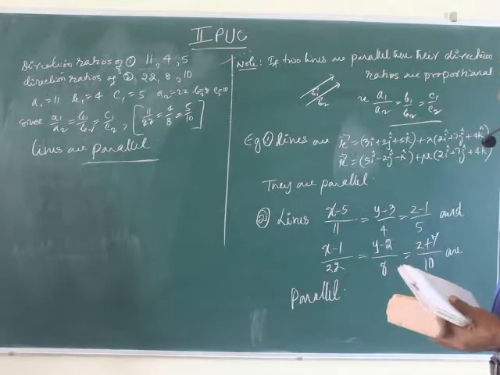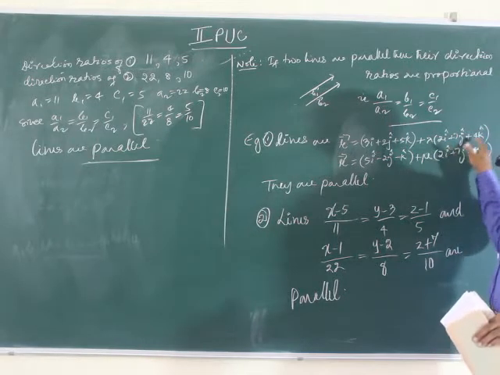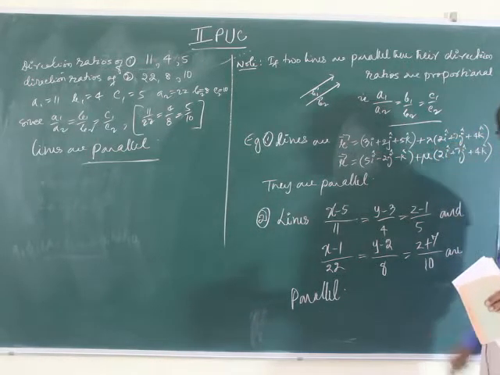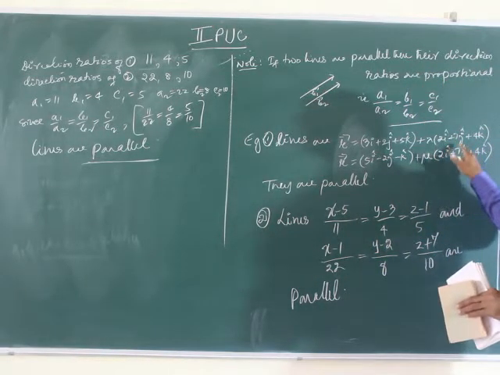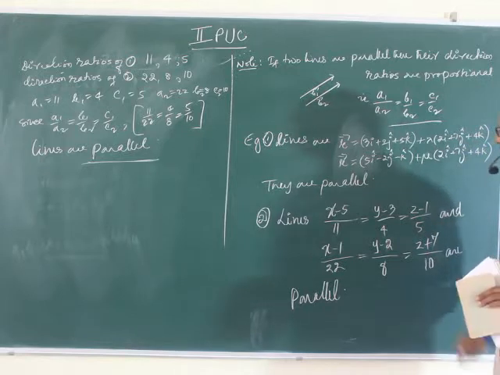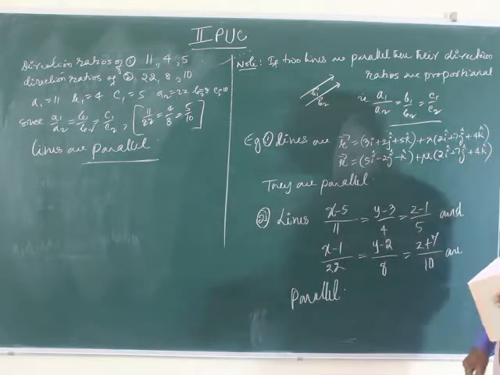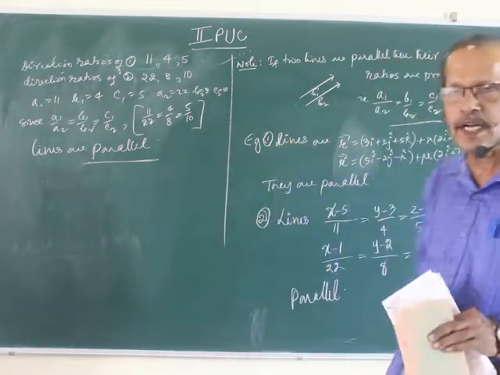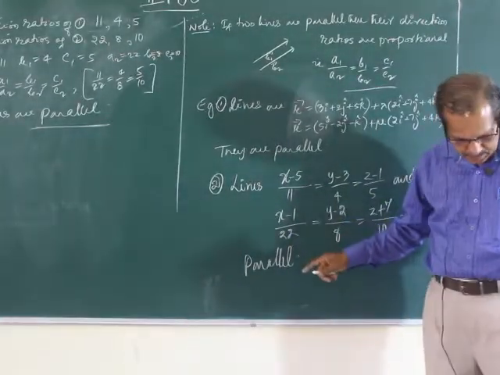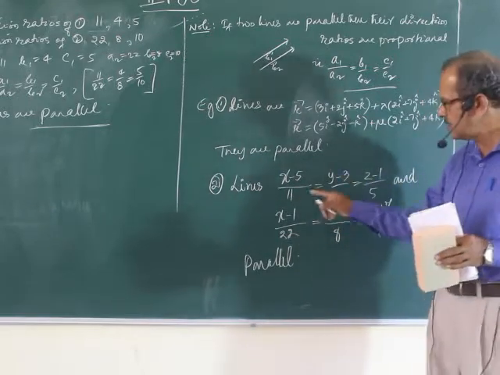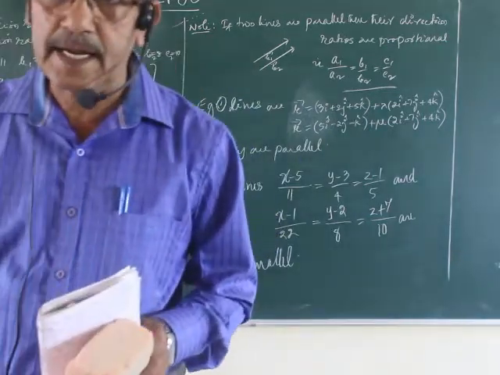Whichever may be the form of the equation of the line, first verify whether the direction decided by the vector B has proportional components. I could have written this one as 4, 14, 8 also, because they are proportional. Totally it should be proportional, that's all. Or if the equation of the line is given in Cartesian form, then also you can verify whether the lines are parallel.